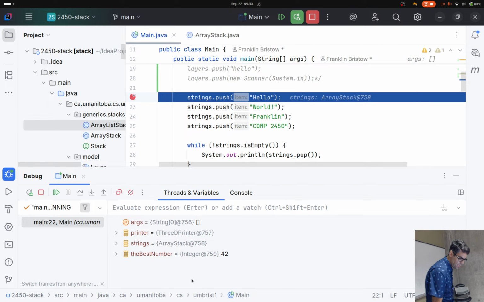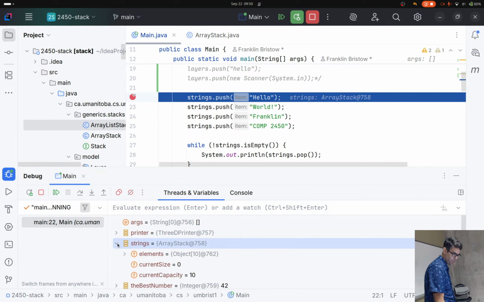So I've got this variable called strings that I declared as a stack of strings. It has this at 758. If I were to make another instance of this, call new array stack somewhere else, there would be something like 760 after that to show that these are two separate instances of that class. As I push things onto this stack, what we're going to see is that